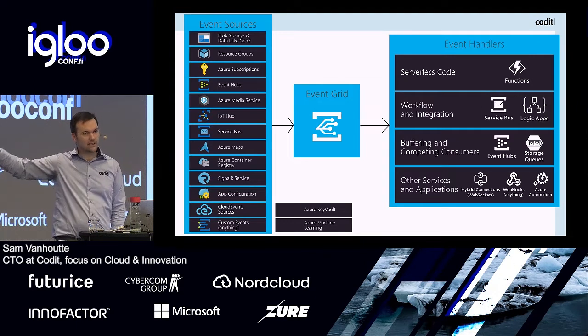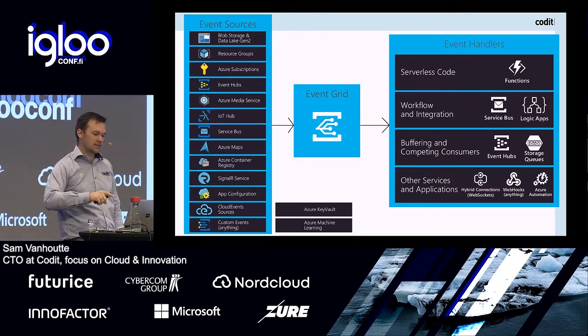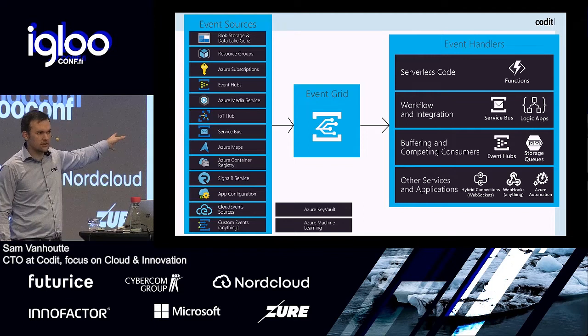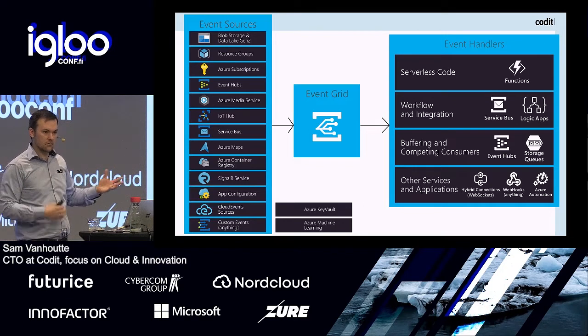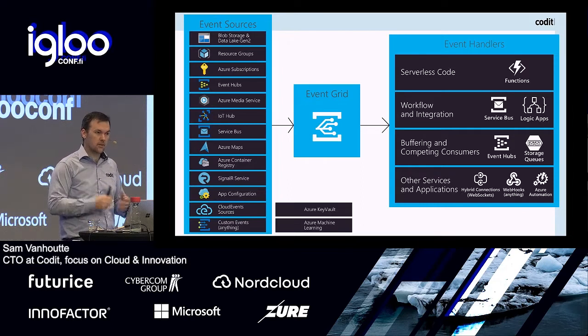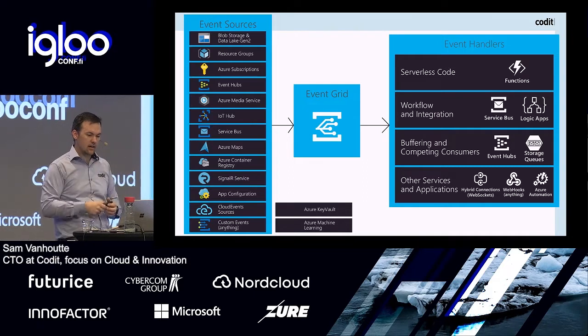So you don't have to do anything for that except for configuring things. You can say, I want to configure on my blob storage account that these and these events happen. And then it's up to you to use something on the right side to handle these events. And you can say, I have some code in functions that are just listening to these events, and as soon as an event happens, I'll handle it.